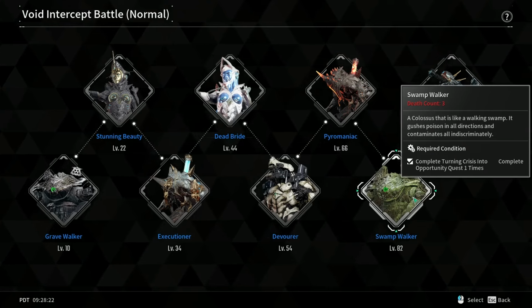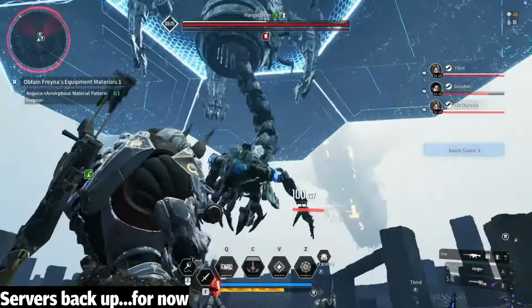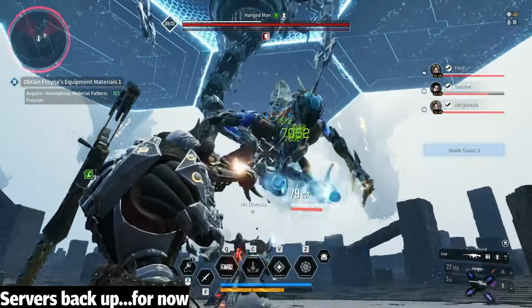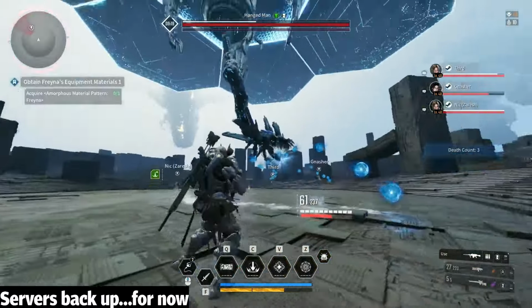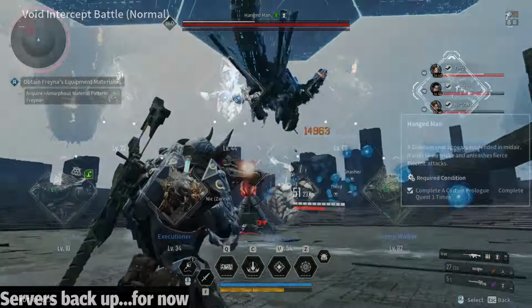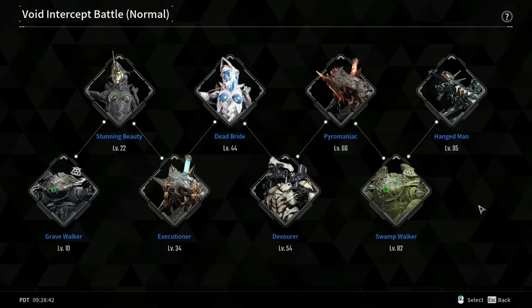And Swamp Walker is actually an absolute joke. Same with the Hangman, these 2 are actually relatively easy compared to these 2 in my opinion, and you'll be able to beat these guys simply from having like poison and electric resistance and understanding Hangman's mechanics. For the most part, these guys are actually pretty easy to beat, and if you do need some help,